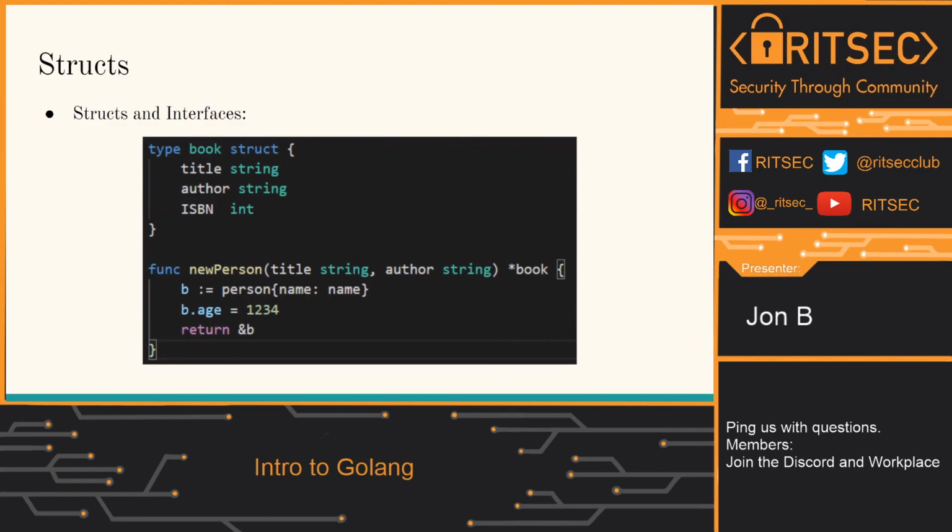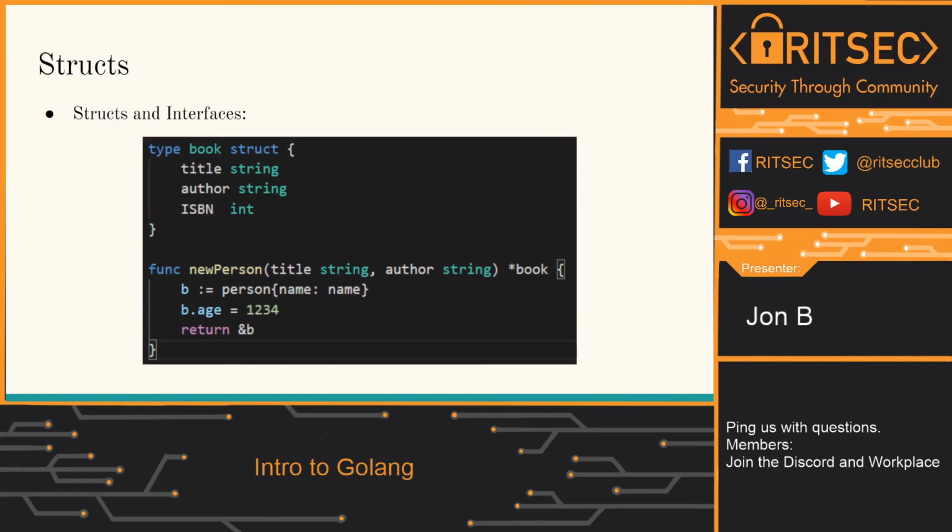Now for structs. If you've worked with C before, or any C-esque languages, you're probably already a little familiar with structs. A struct, for those who don't know, is a data type that holds multiple variables within it, and in certain languages you access it with the dot operator. In this case, we have a book struct. So you could do book.title, and it would give you the title, or I believe in C it's book, then a dash and a greater than sign, which makes an arrow, and then title, and it'll give you the title of that book. Structs are very big in Golang. It's a good way to store a lot of your values.